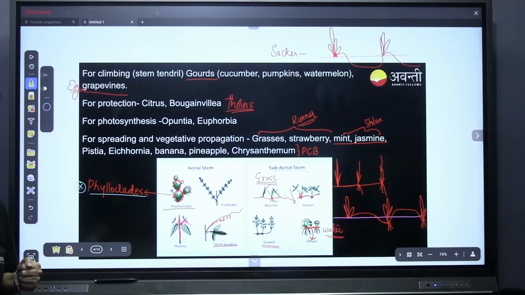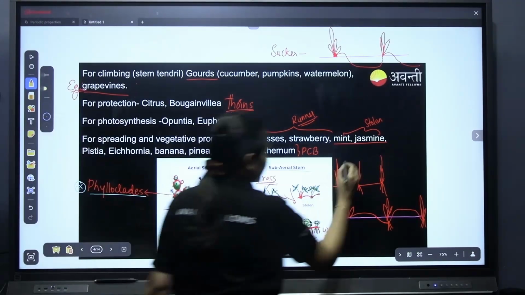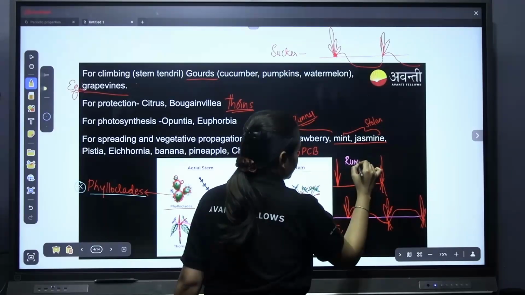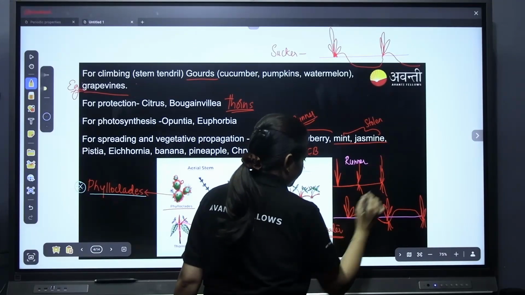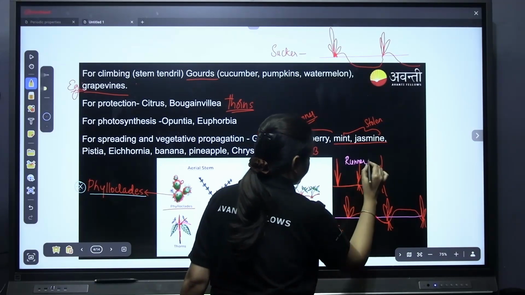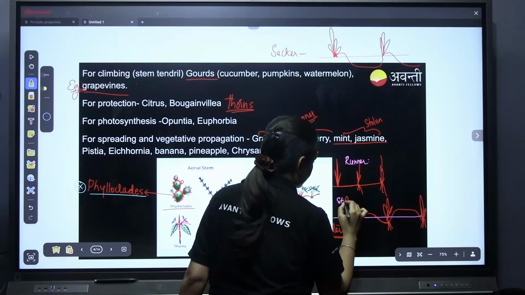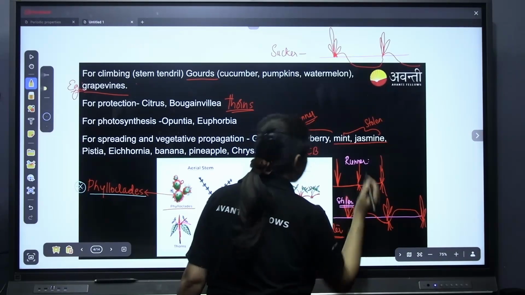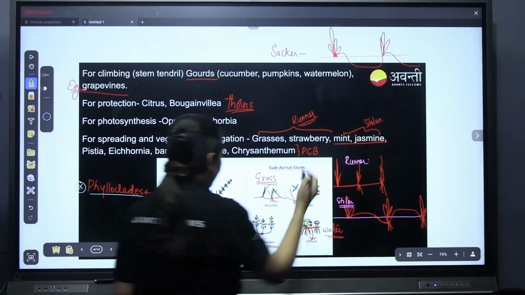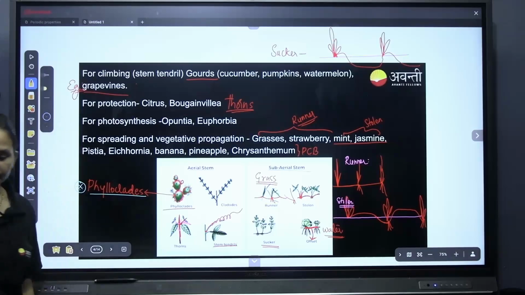Understood children? Any doubt regarding this? I will just give the name. This is runner. This is stolon. This is sucker and this is offset. Any doubts? Yes. So shall we move on? Moving on,